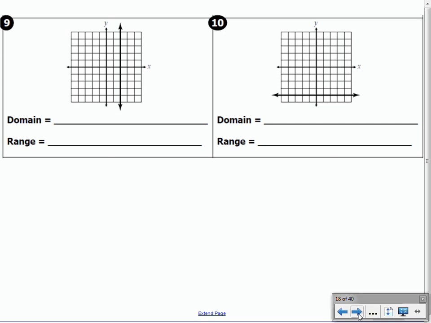For number 9 here, so we're skipping on your paper. For number 9, this is a vertical line. So I want you to think about it like this. The x value at this point is 2. The x value at this point is also 2. At this point, it's 2. At every single point on this graph, the x value is 2. So the domain